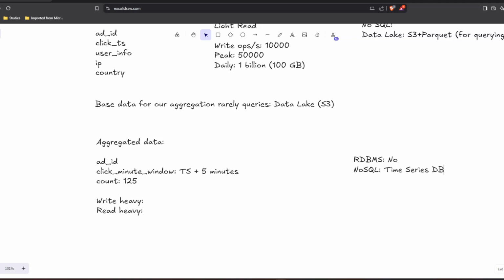Now let's talk about our design in detail. In the next section we are going to cover our design, and we will see how the data aggregation service, the raw data store, and the aggregated data store, everything will come together over here. Okay,